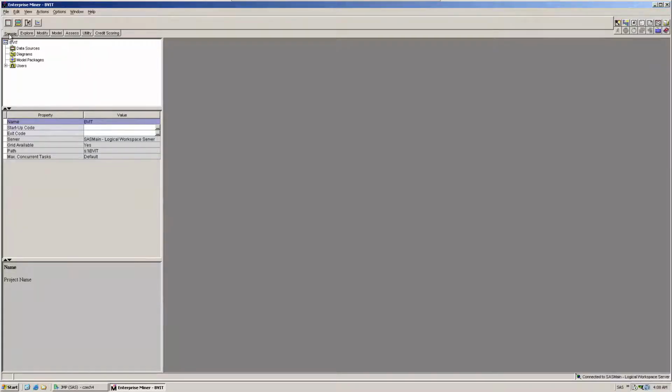Now this is the sample, this is the explore, this is the modify, this is the model, this is the assess. If you look at the model, there are decision tree, neural network, regression, and other model validations. You see, these are the steps.